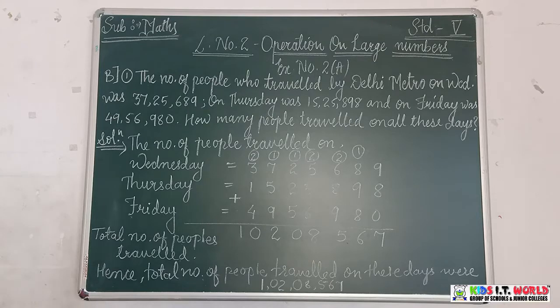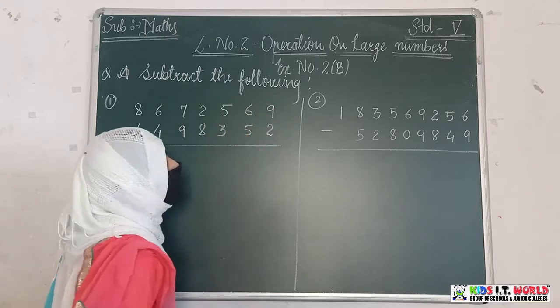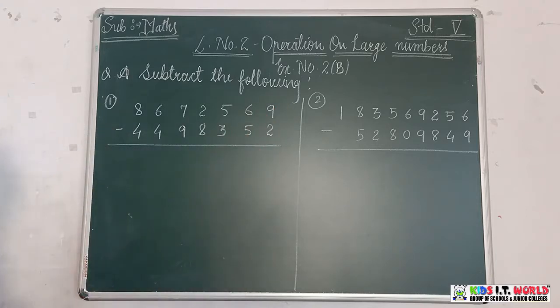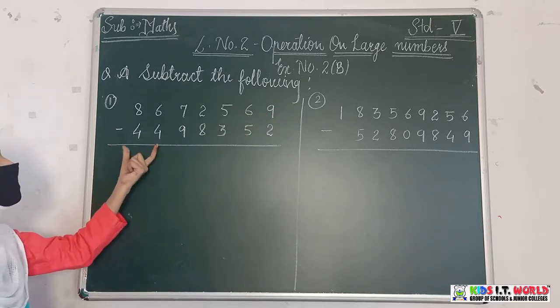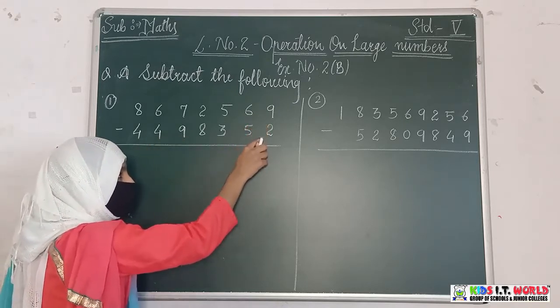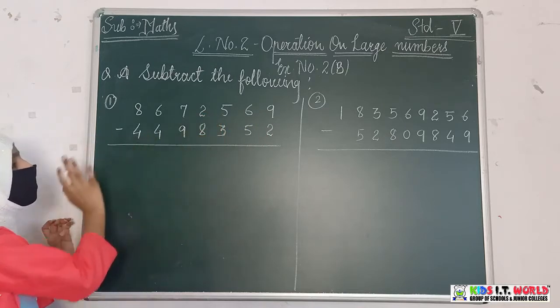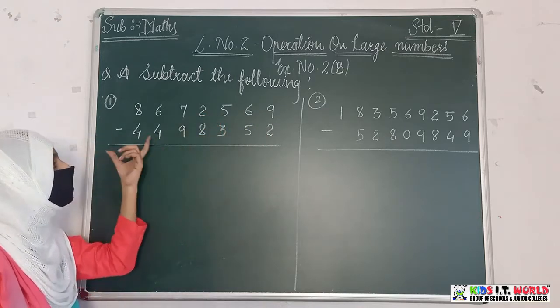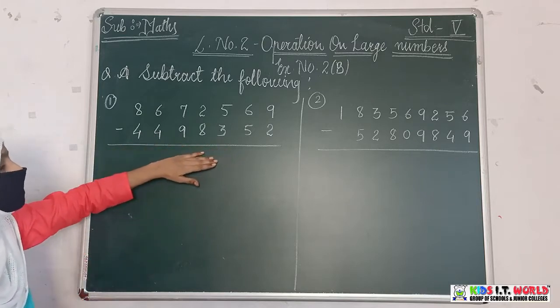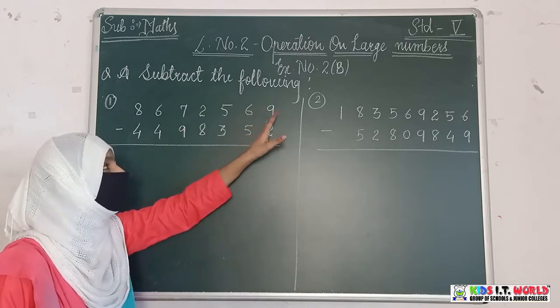Now come to the next point. Now the next topic is subtraction. Here we are starting a new exercise. Exercise 2B. Subtract the following is your first question. Now arrange these numbers on the proper place values. It means ones come under the ones, tens under the tens, hundreds under the hundreds, and so on. Now subtract it. Write it properly in this way. It should be like this. Arrange the numbers so that if you are borrowing, it will not get jumbled here.